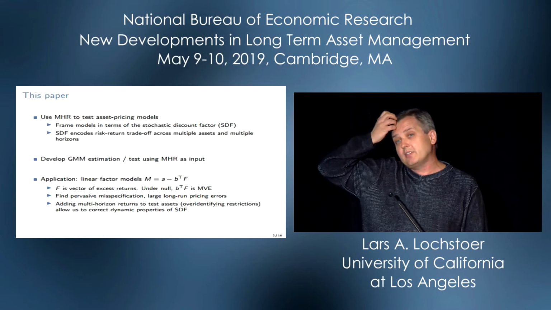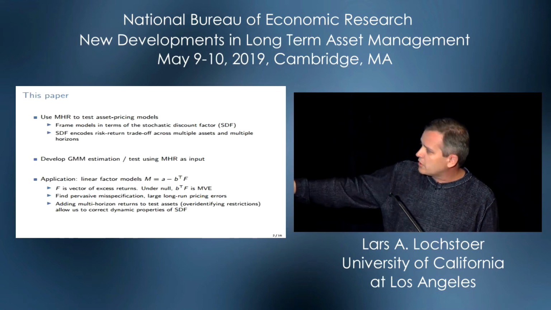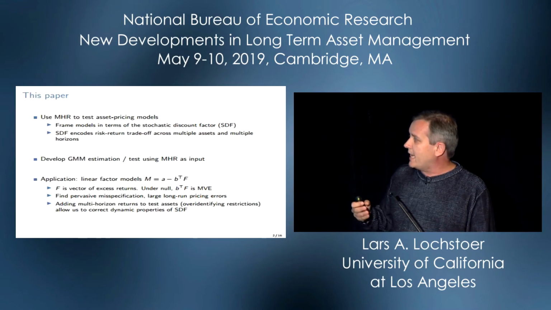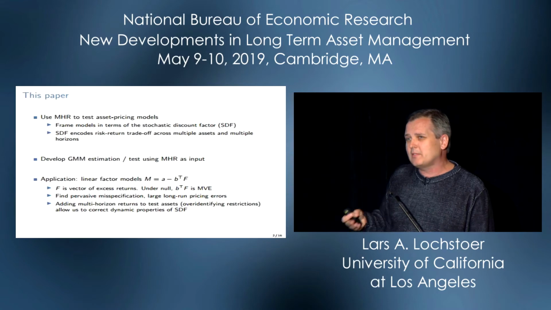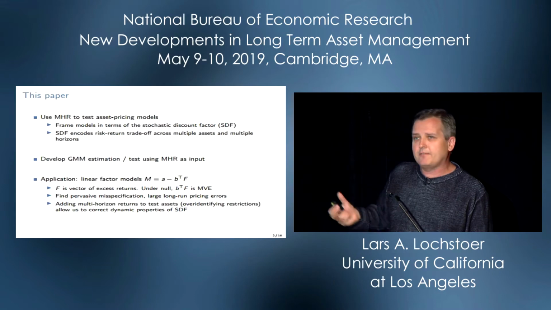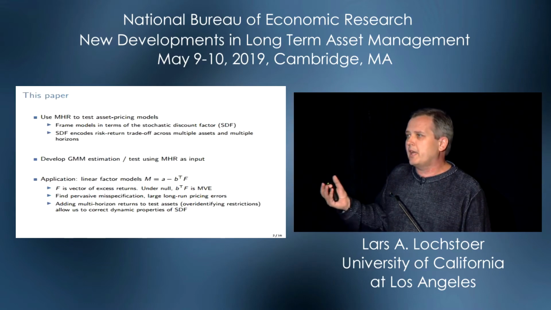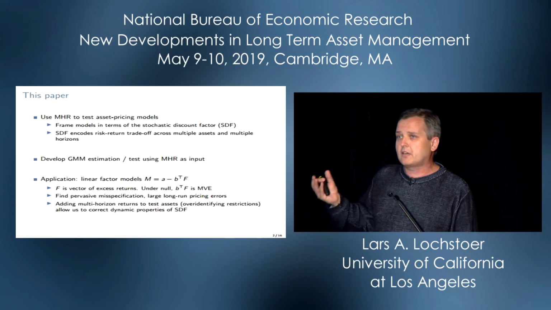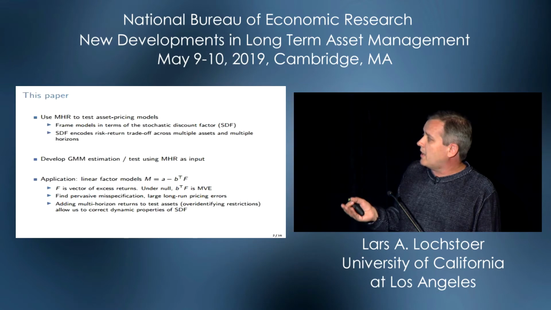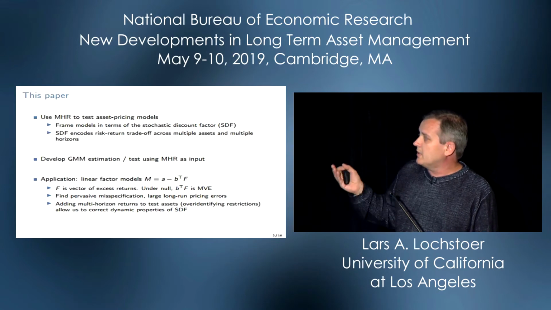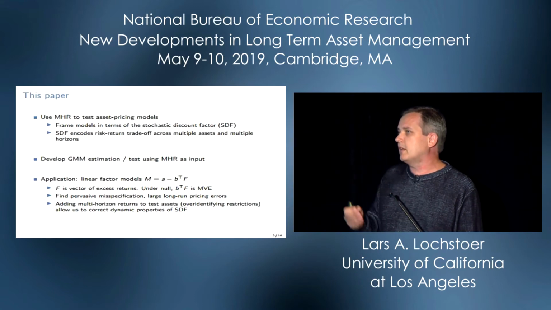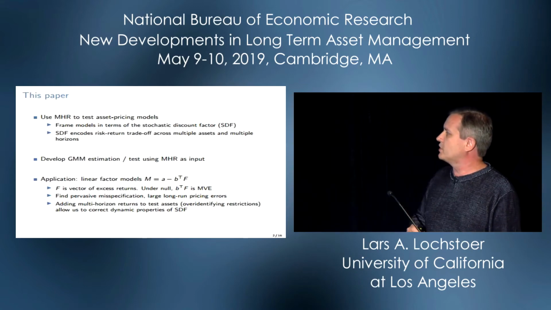So the application we're going to have is linear factor models. This is our null, and we're going to talk about an alternative later on. The M is the SDF, and then A and B are some coefficients. The A parameter is effectively matching the risk-free rate. The B can be a vector of coefficients, and F is some factor returns. If you want to think about F as like the HML, SMB, and market factors of French, that would be an example. That's going to be the set of models we're going to think about. In that set of models, we know that B times F is supposed to be the unconditional MVE portfolio. That's the classic result; this is the SDF version of it.